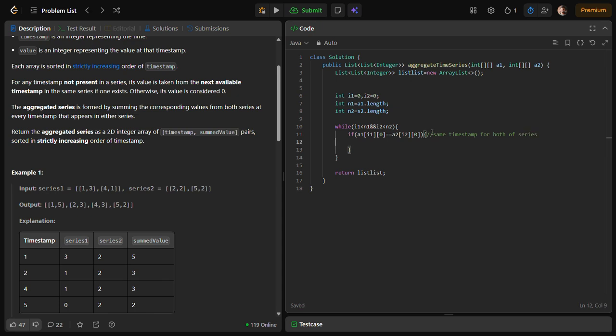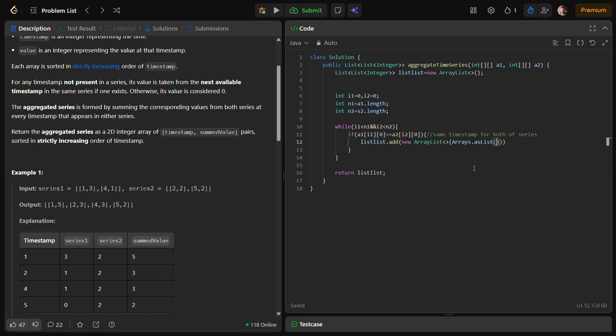So if this is the case, then in the list I will simply be adding the timestamp and the associated values. Like new ArrayList, Arrays.asList.